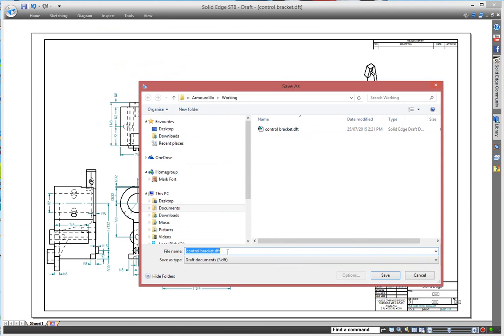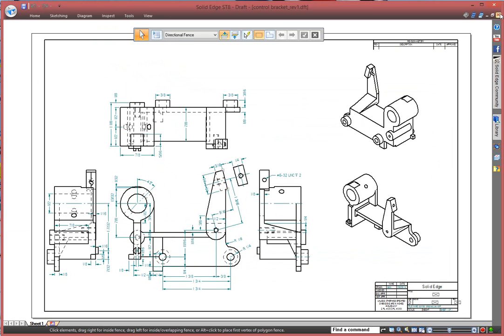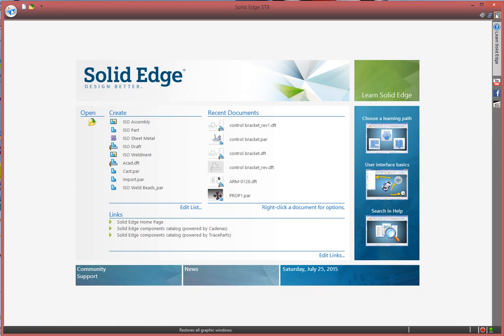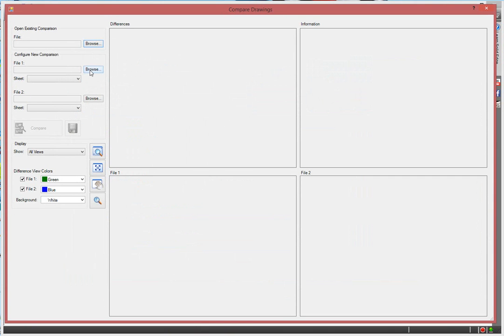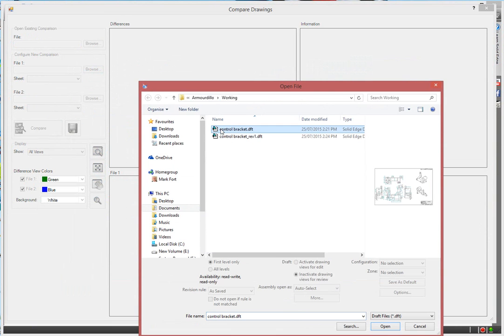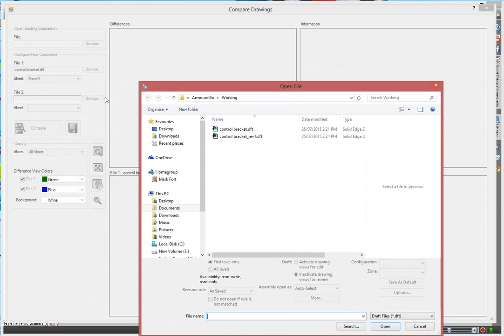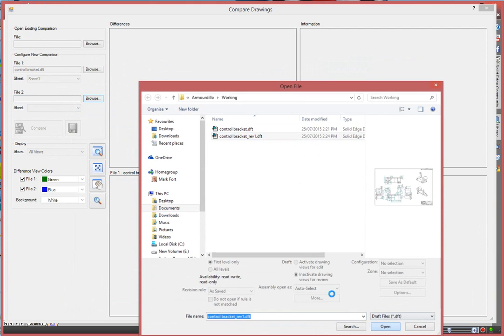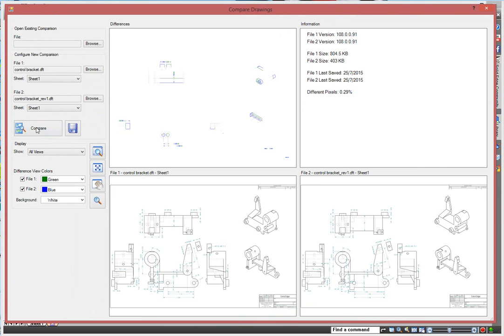At this point we need to save the drawing, and I'll save it under a new name so that we don't overwrite the original drawing. Now let's compare these two drawings, and this is my favourite. Compare drawings under the Start menu. It's a new menu there, and we simply browse to the original file, open that. File 2 is our changed file, or our revision file, and we just press the compare button